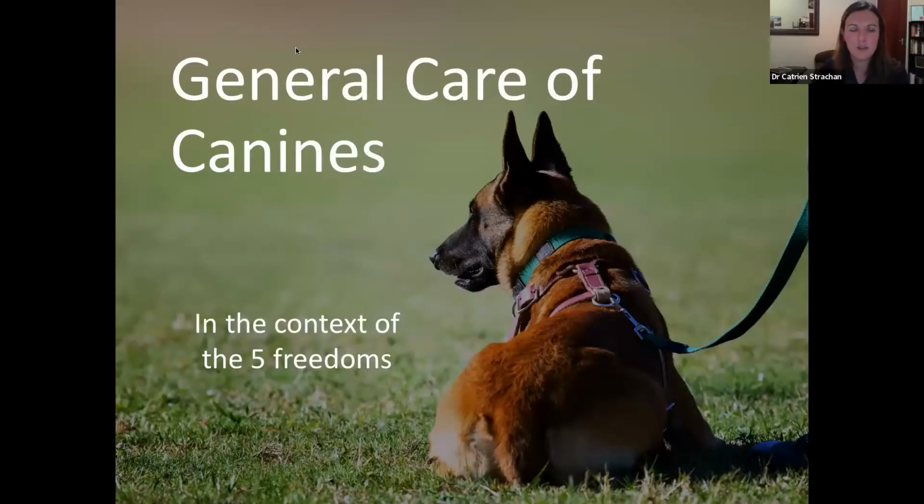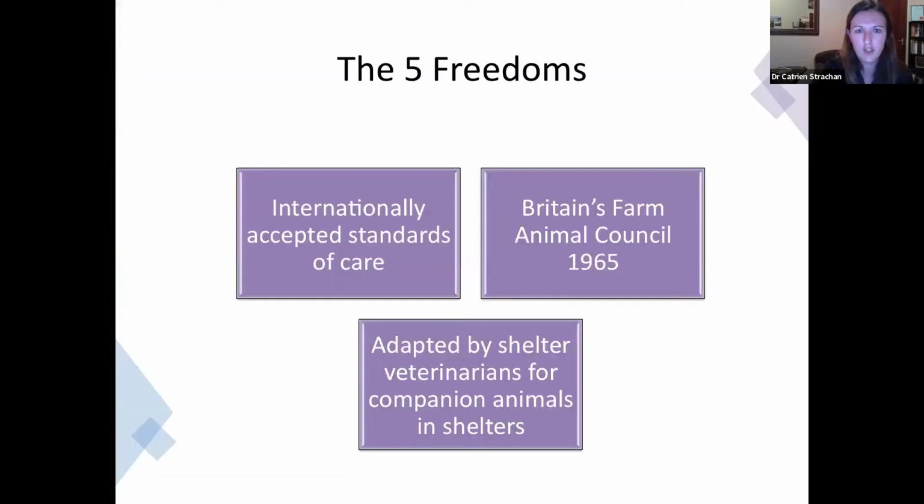Tonight, as Johan said, I'm going to be talking about the general care of canines or dogs, but in the context of the 5 freedoms, which I think you guys have heard about in previous talks. So just quickly, just to go over it again, the 5 freedoms are a group of internationally accepted standards